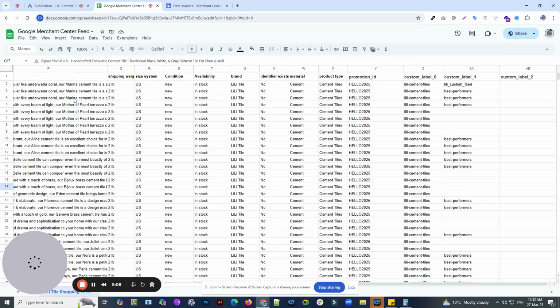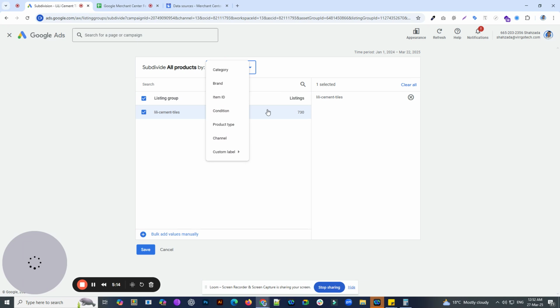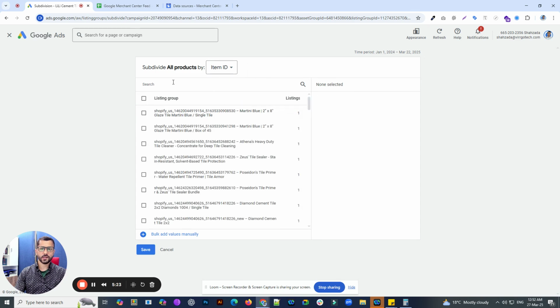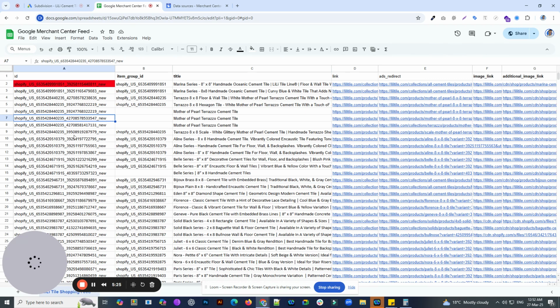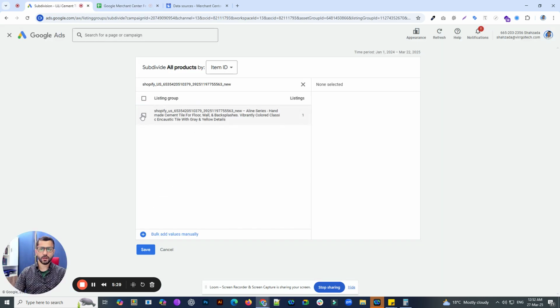A better way to do that is assigning product IDs to each individual product entry in your feed. And over here, once you identify those products, what you can simply do is go to custom IDs and start putting in those product IDs and handpick them one by one, right, like this,